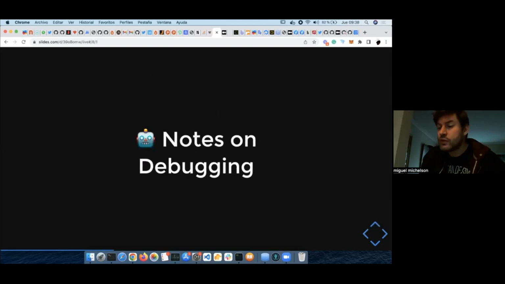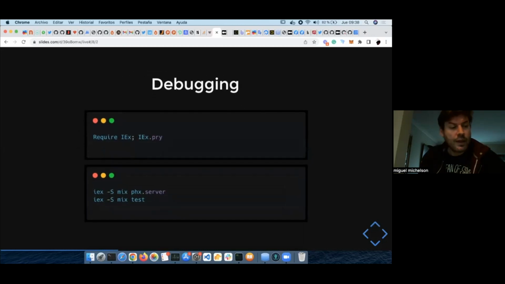So some notes on debugging. One of the things that Rubyists do a lot is debugging with binding.pry or debugger.